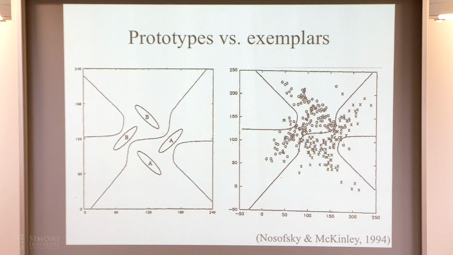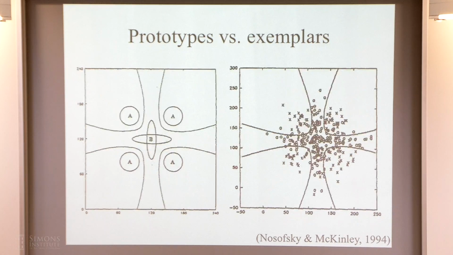So they said, okay, that's it. It has to be the case that people can learn these complex classification boundaries, and so it can't be that what you're doing is just representing simple exemplars. Here's another example of this. So here now, B is a mixture of these Gaussians, A is a mixture of these Gaussians. You get these boundaries where now if you're in the corners, it's an A. If you're anywhere else, it's a B. And again, if you sit a graduate student down and have them do 4,000 trials of training, you can get them to the point where they can learn that that's the right classification rule.